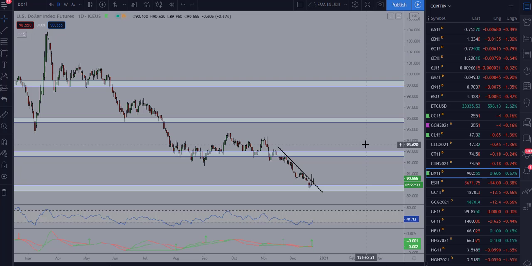Right, good day traders. Today we're going to take a look at the dollar index, the King Dollar, or DX on most platforms. You can also look at UUP, the ETF that tracks the dollar. And it's no secret that the dollar has been severely beaten down,